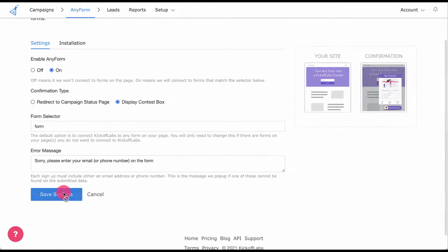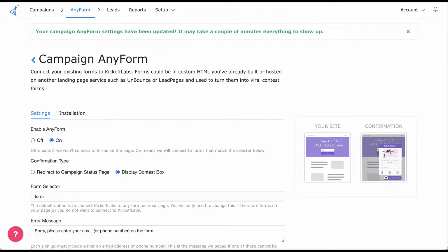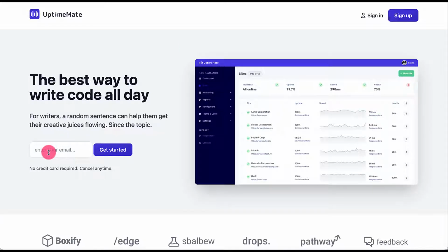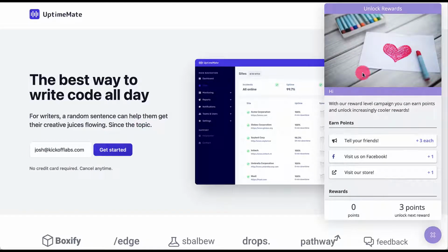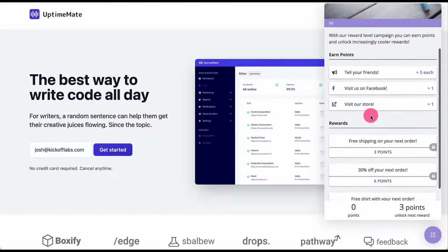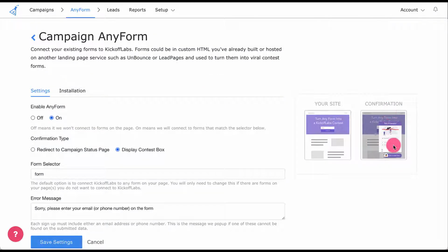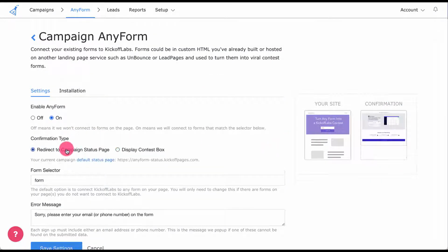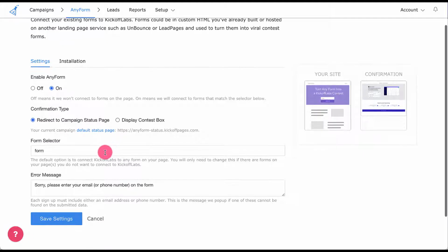You could also use the contest box to show the campaign scoring, actions, rewards, and other status after signing up. This option would allow it to be 100% hosted on your site and is simpler to set up than setting up a whole status page. You most likely would not have to change the form selector, and I wouldn't touch it unless you know what you're doing. You can update the error message here for when something goes wrong